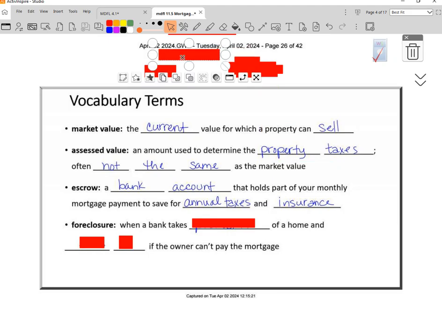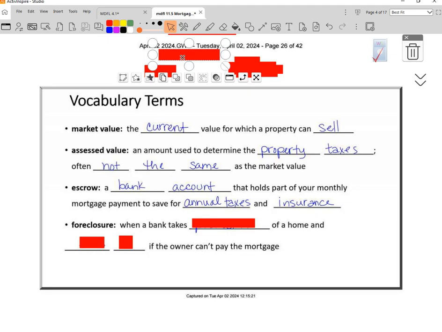Each year, your bank estimates what you're going to need for property taxes, and they estimate the insurance, which is a little bit easier, a premium usually year to year. But the property taxes can fluctuate from year to year based on that assessed value, which is somewhat connected to the market value of that property, right? So they can estimate what they think you're going to owe at the end of the year, and they pay all of that at the end of the year for you.